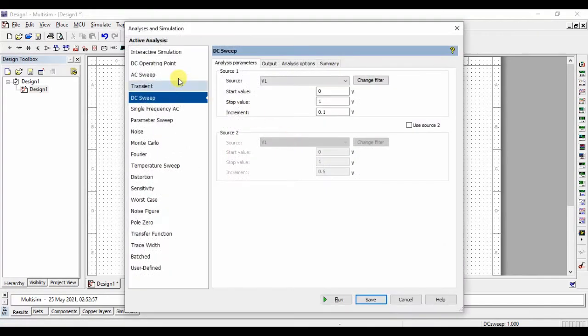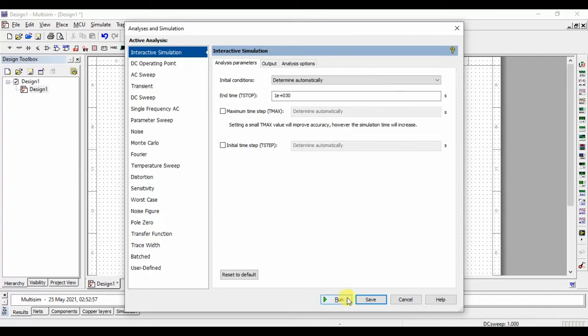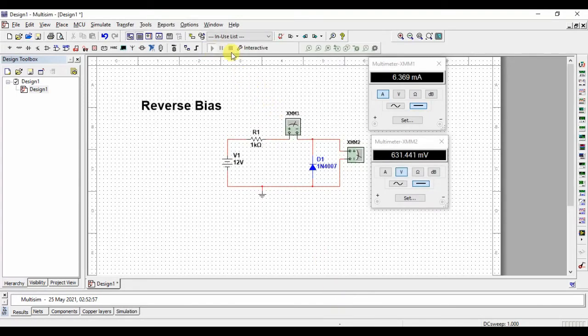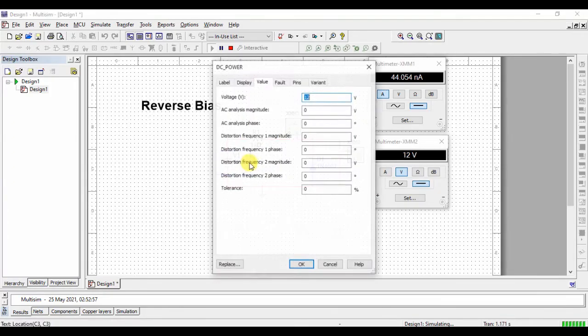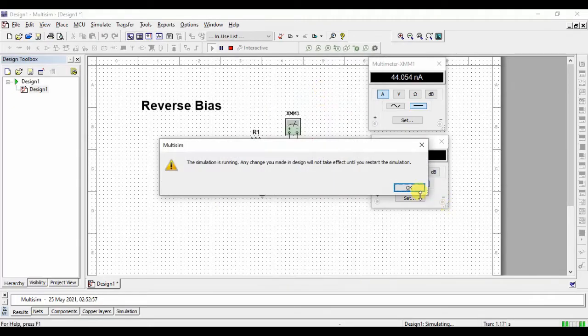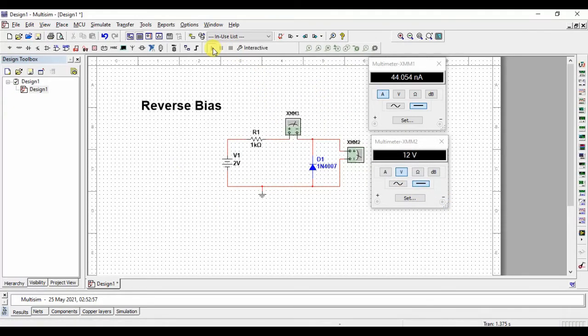First of all, go to interactive simulation. In interactive simulation, you can find the current and voltage values. If 12 volts is applied like this, I am going to apply just 2 volts. So I am getting very little current, that is in the nanoamps.